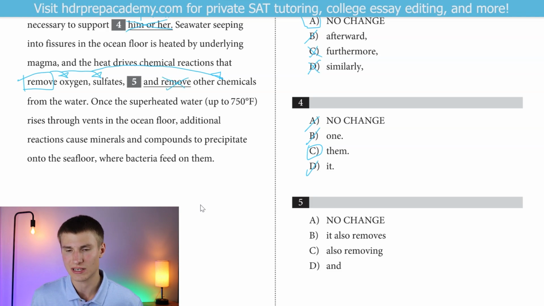We've already said it once. We can get rid of remove, and we can just say and. We don't have to repeat remove. We can get rid of A, B, and C because they're all repetitive and redundant. All right, moving on, we got once the superheated water up to 750 degrees Fahrenheit rises through vents in the